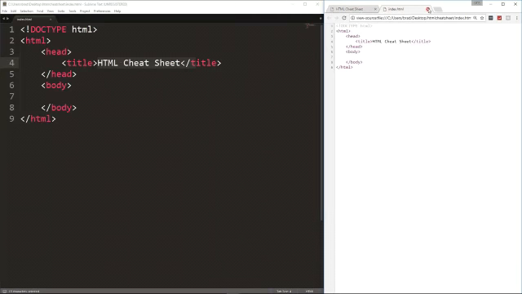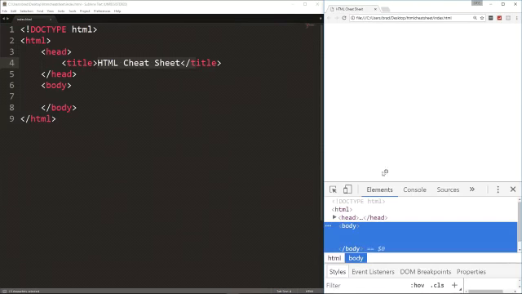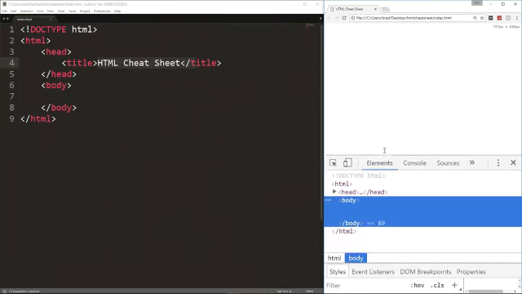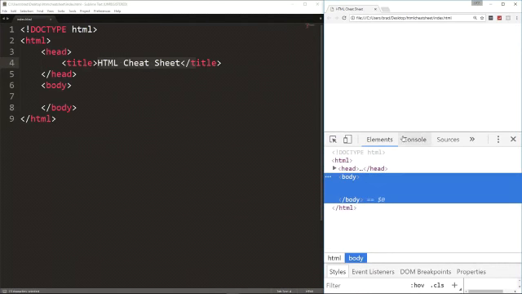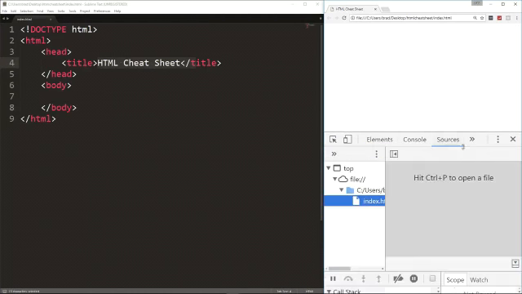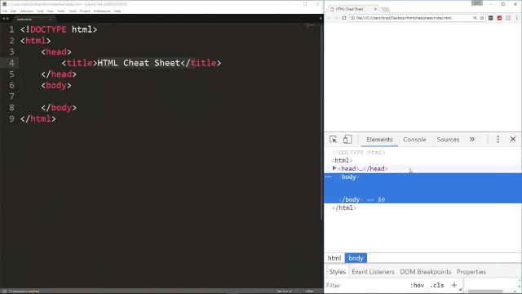Alright, so another thing that is very helpful in Chrome and other browsers is the developer tools. If we hit F12, we get this little console down here, and there's different things here. There's the JavaScript console, there's networking, so you can see what pages are loading and so on. There's a lot of advanced stuff here, but for now we're just going to look at the Elements tab, which